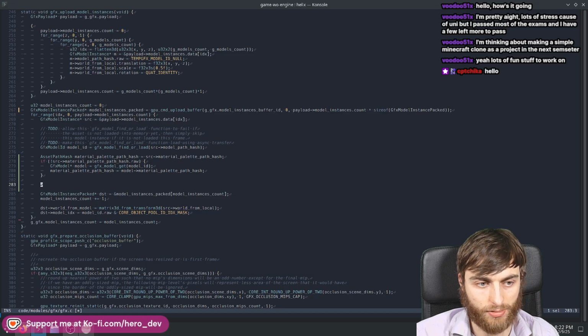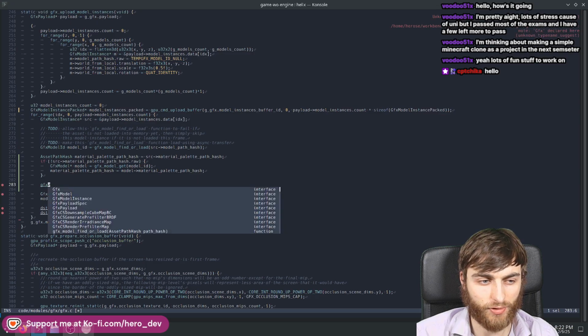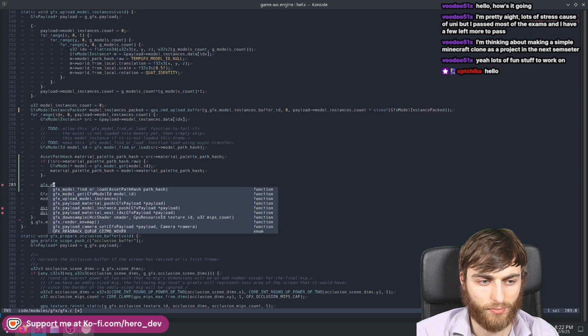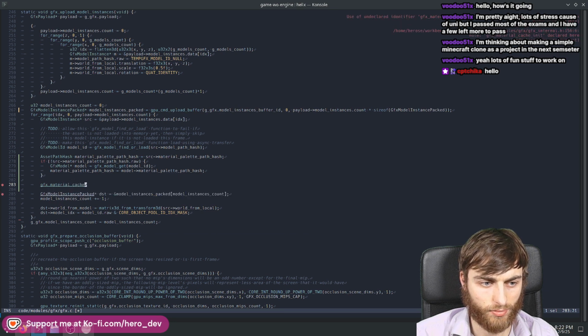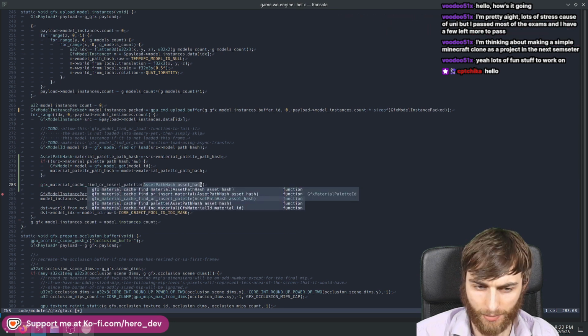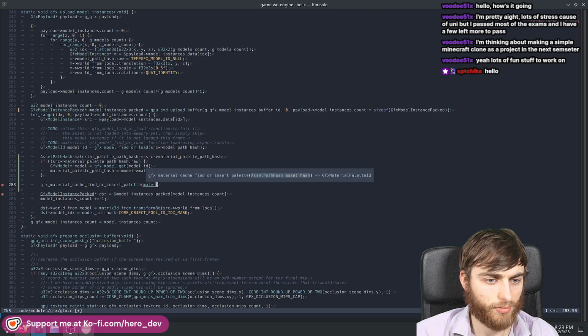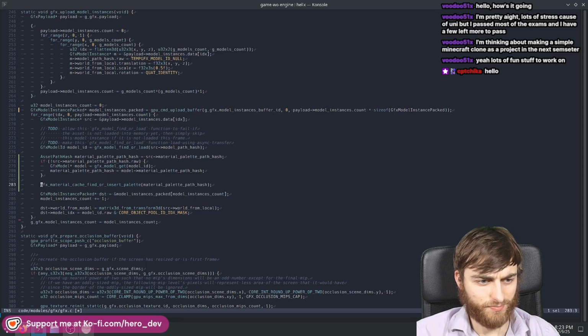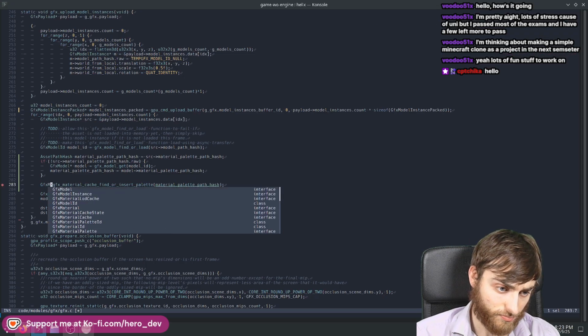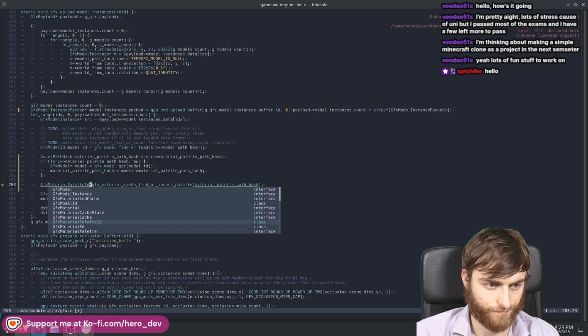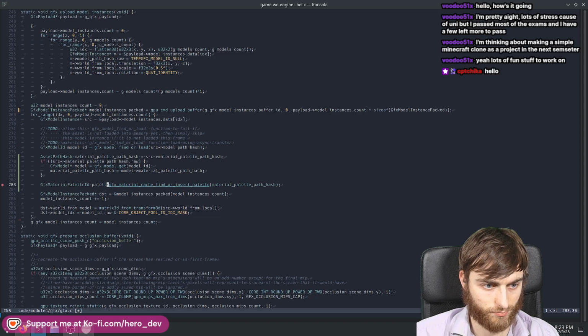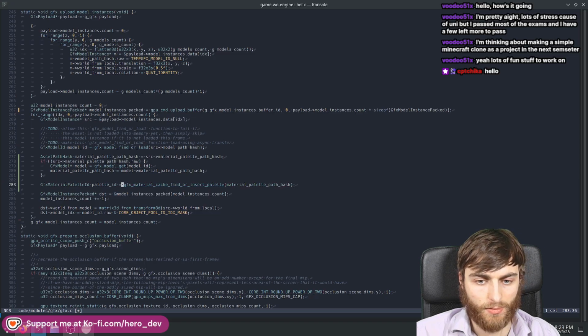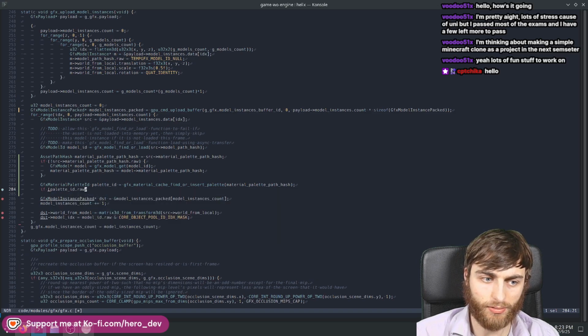Okay, so in here, we're going to now say to the material cache, we've got that function, isn't it? Find or insert, isn't it? Material cache find or insert palette. So you pass in that material palette, right? And you should get back a material palette ID. So this means we can say if the palette ID is null, then